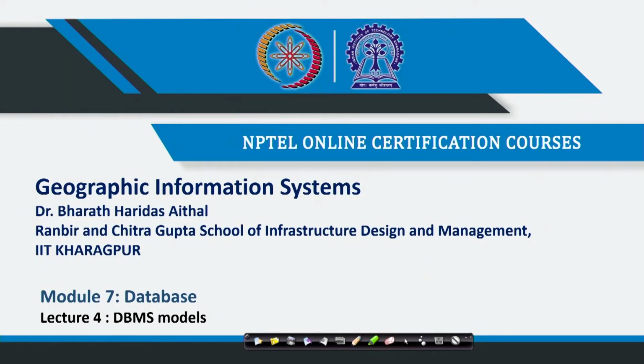We were discussing database management systems. We looked at different databases, and at the data definition language and data manipulation language. Then in the previous session we looked at what normalization is, the need for normalization, and the goal of normalization. We also looked at features such as what a key is, the primary key, etc. We looked at all of those aspects.